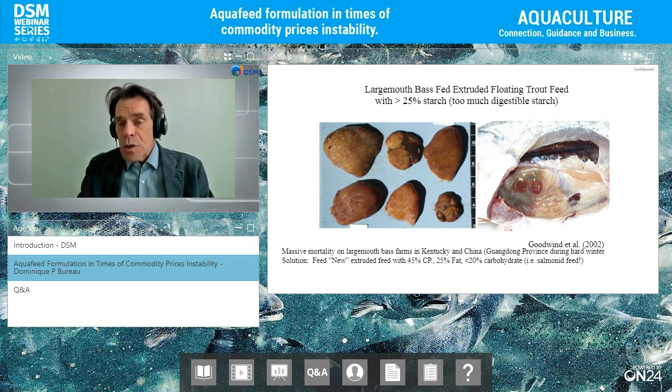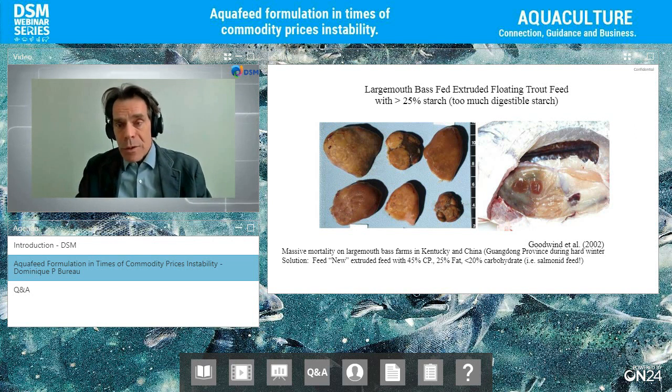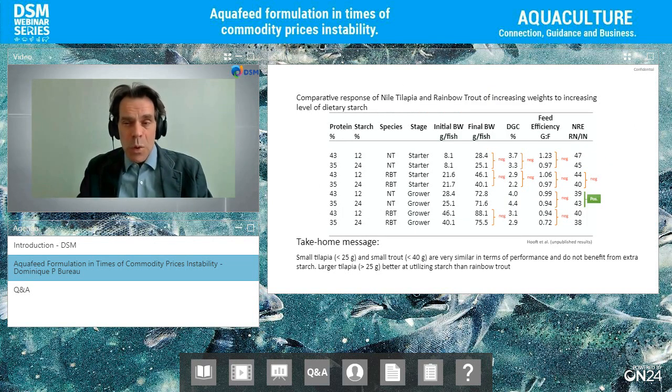Now there's also an issue of species. I showed you the largemouth bass and rainbow trout are carnivorous fish species, and their ability to use lower quality feed is probably a lot less than other species. So we did this experiment comparing Nile tilapia and rainbow trout, looking at the effect of mycotoxins. We wanted to know if the animals were able to resist mycotoxin with more or less carbohydrate in their diet. But a side result is that we were able to compare a carnivorous fish species, rainbow trout, versus an omnivorous fish species, Nile tilapia, at two different sizes, because we followed them over a few weeks.